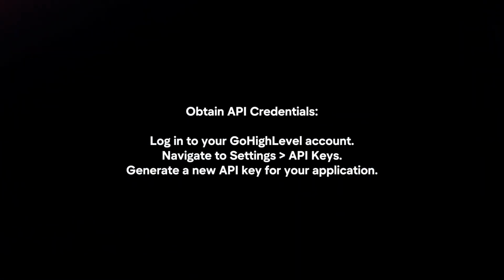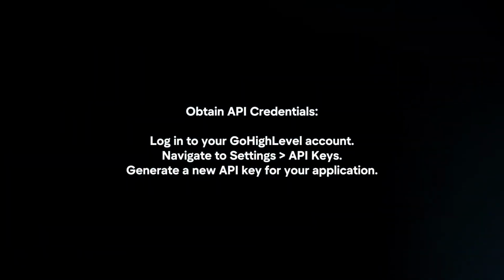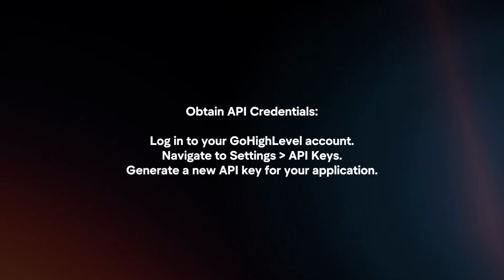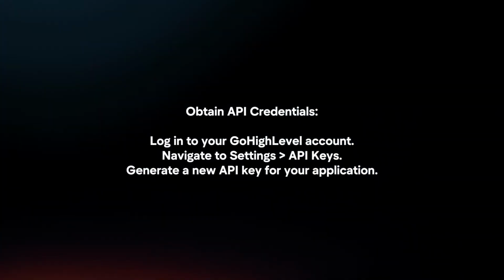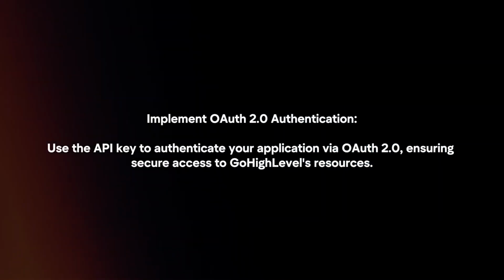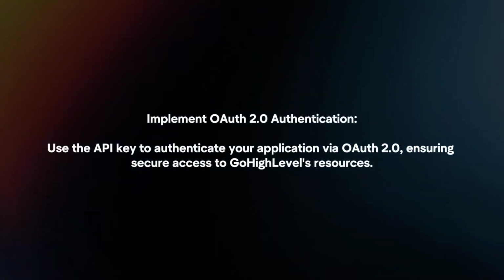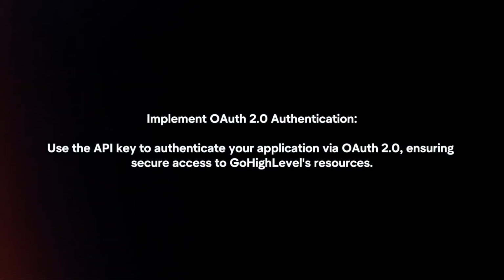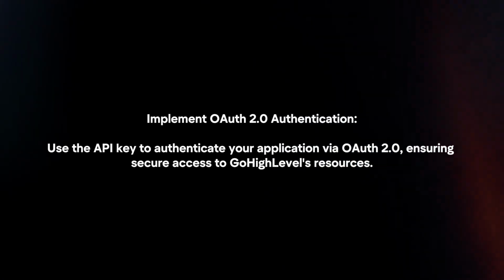Obtain API credentials. Log into your GoHighLevel account. Navigate to Settings, API Keys. Generate a new API key for your application. Implement OAuth 2.0 authentication. Use the API key to authenticate your application via OAuth 2.0, ensuring secure access to GoHighLevel's